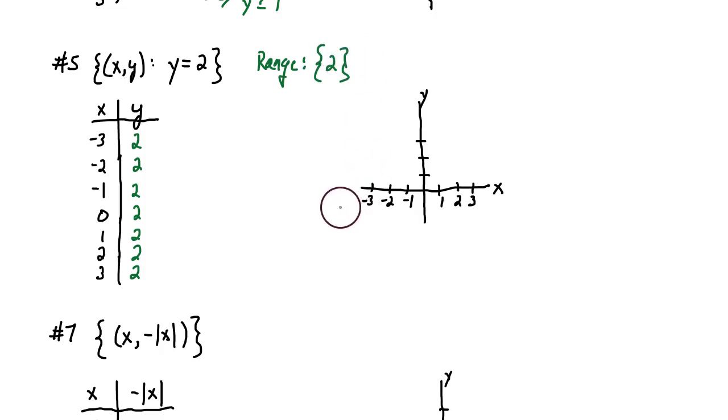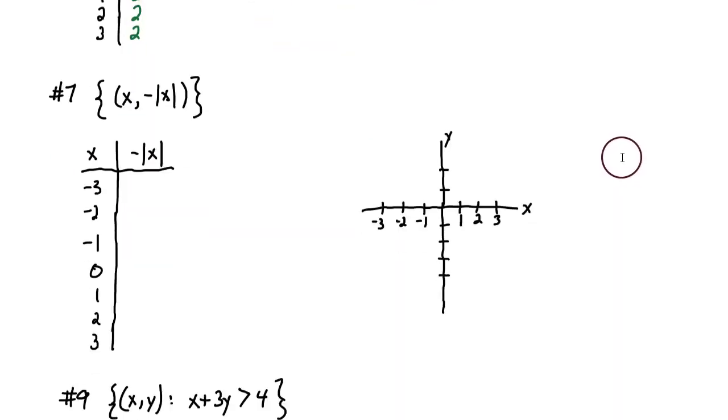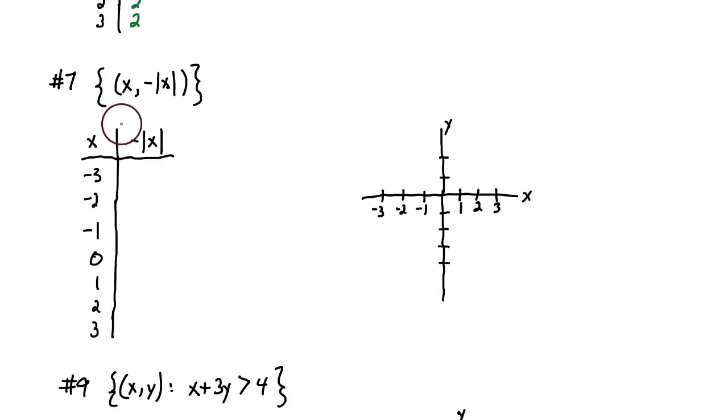Now let's graph. When x is negative 3, y is 2. When x is negative 2, y is 2. When x is negative 1, y is 2. When x is 0, y is 2. When x is 1, y is 2. Do you see the pattern? These 7 dots are the graph of this relationship. Number 7, we have the set of ordered pairs where the first coordinate is called x,